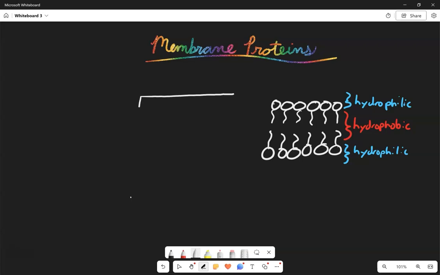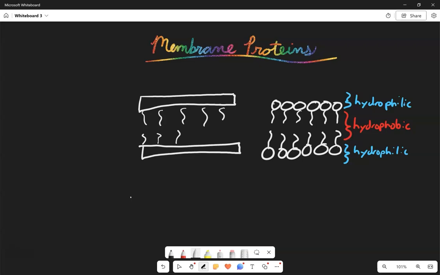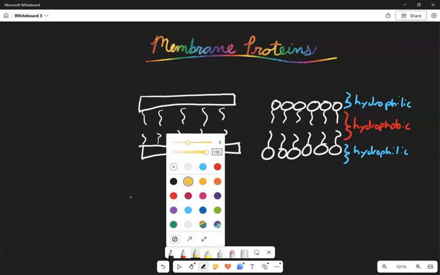And I'm going to just draw it like this. There. Maybe something like this. And then we'll draw the tails. Now, some of these proteins can sit on the hydrophobic side, and some of them can sit on both the